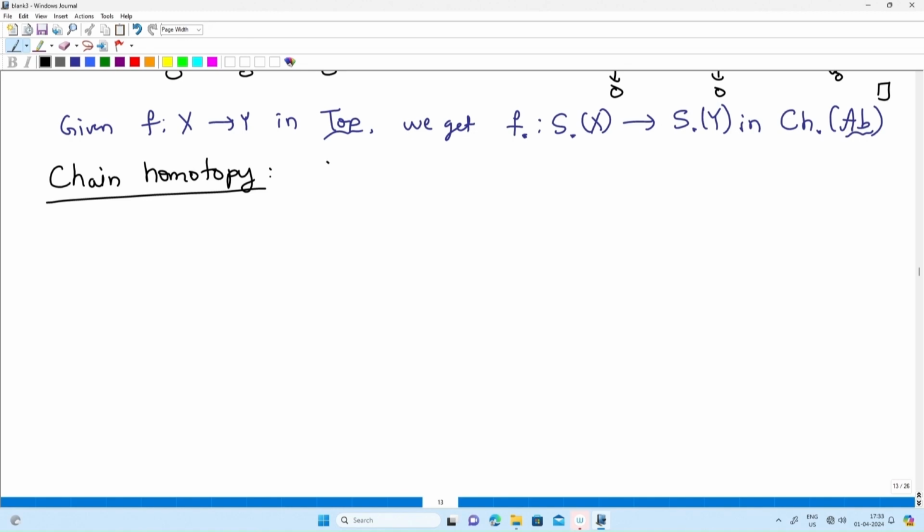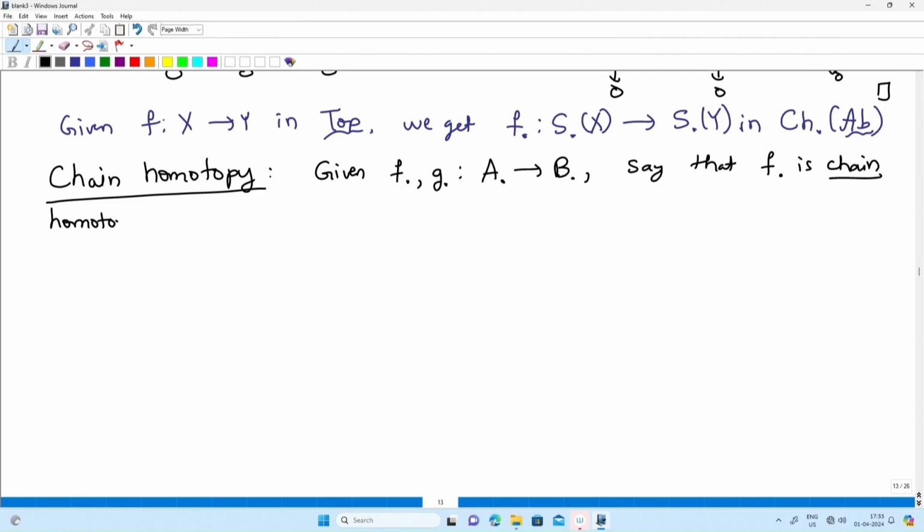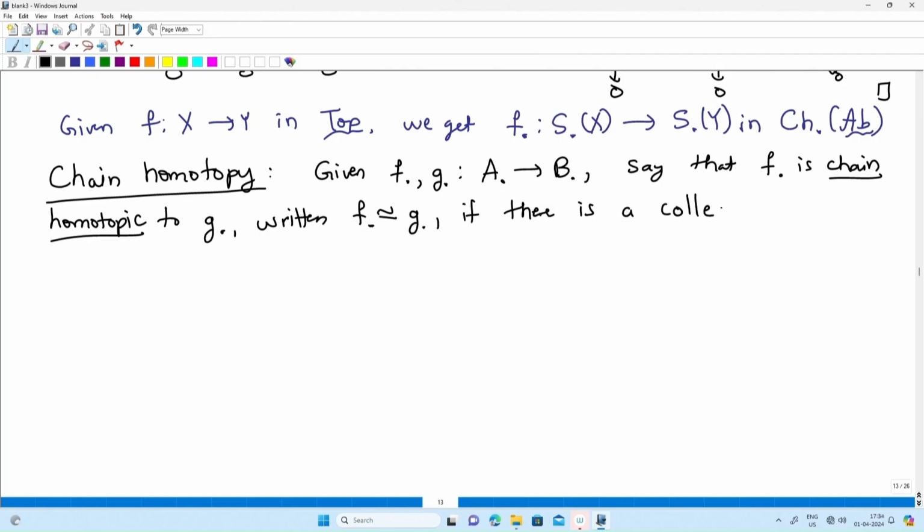Given f dot, g dot from A dot to B dot, we say that f dot is chain homotopic to g dot, with the same notation as homotopy, if there is a collection Hn from An to Bn plus 1 for n in Z